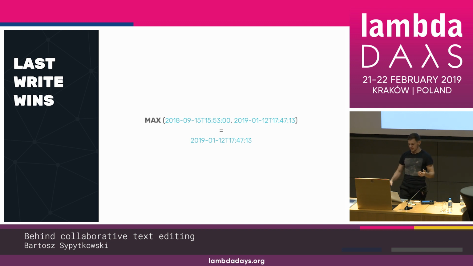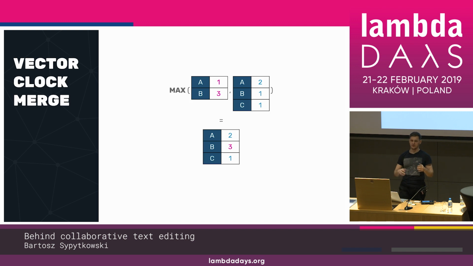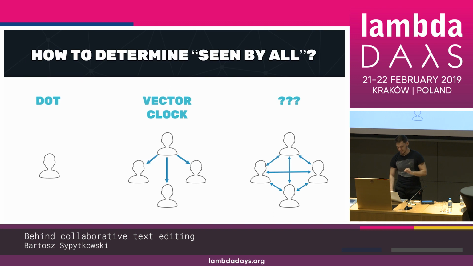But in the case of vector clocks, it's not really a problem, because applying a max to vector clocks is basically taking the corresponding sequence numbers of the corresponding replicas and picking the max of them. Why? Because every single update is ever incrementing. So we know that the biggest value is the most actual one. It's the most up to date. So now we have vector clocks. The last thing that we need,